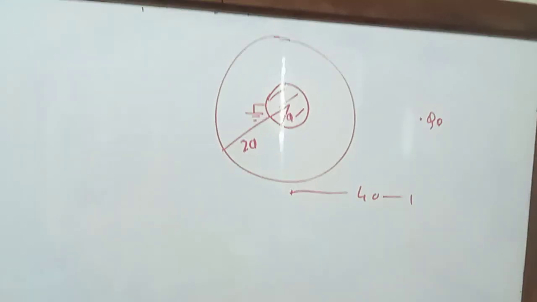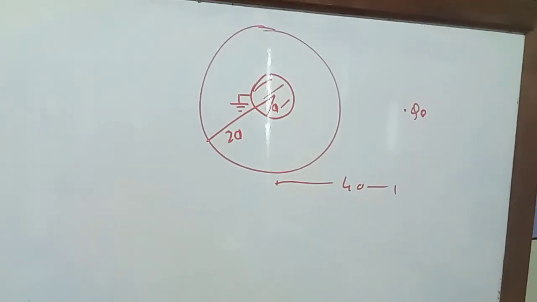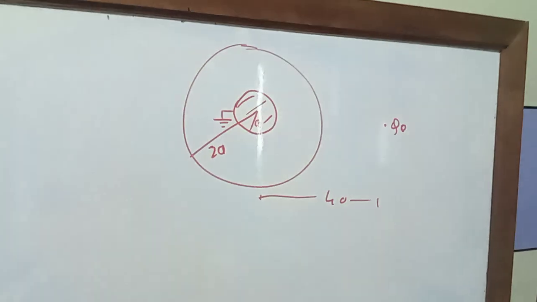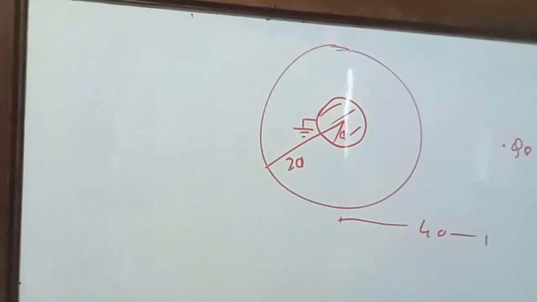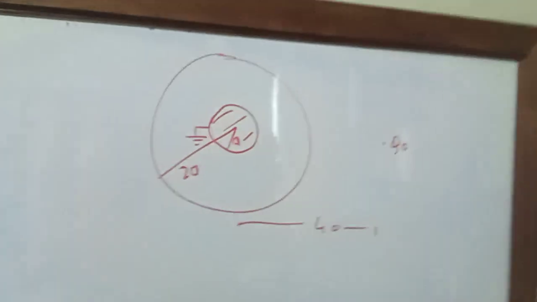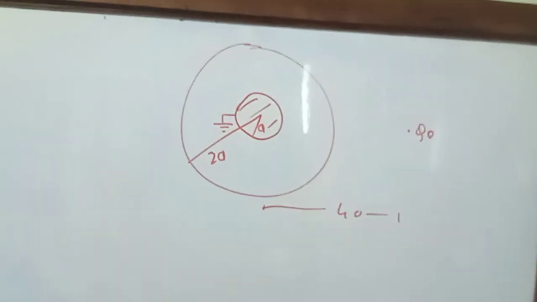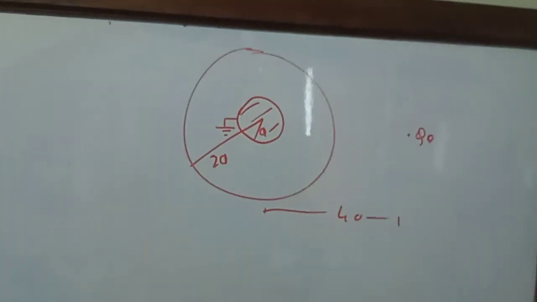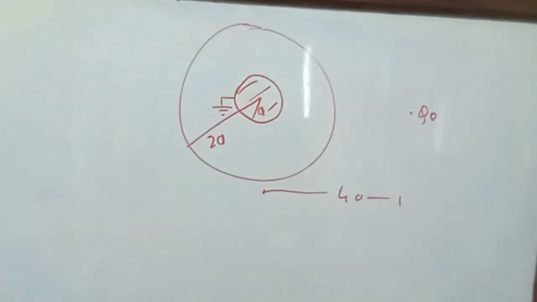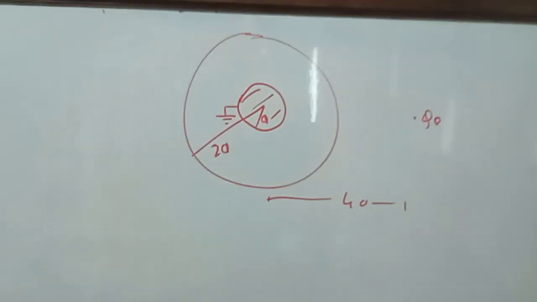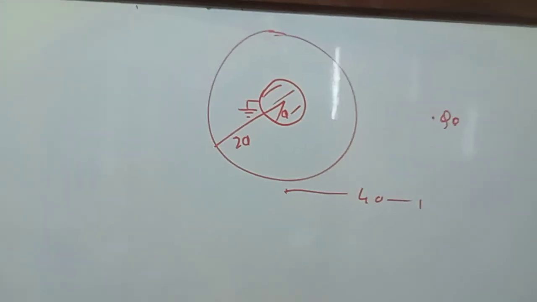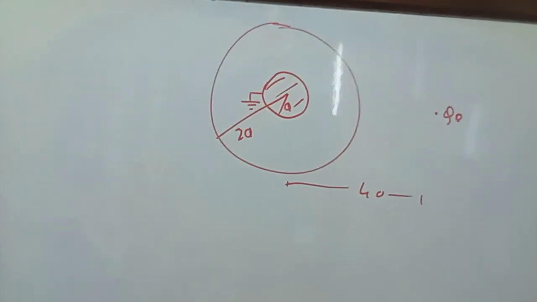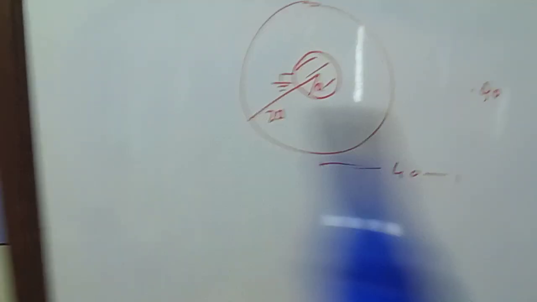Now, an even tougher question is this, where we have to find the charge induced on the solid sphere, which is the inside one, and it is also grounded. The second part of this question is that we have to find the potential of the shell. To solve this, obviously we are going to use ideas from our previous question, but it's not going to be that easy. So first of all, right off the bat we can say